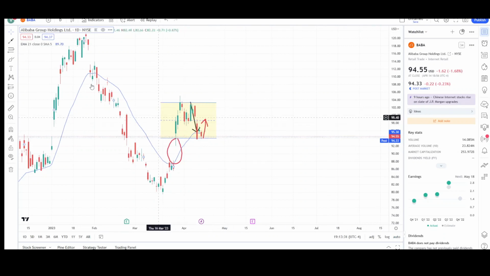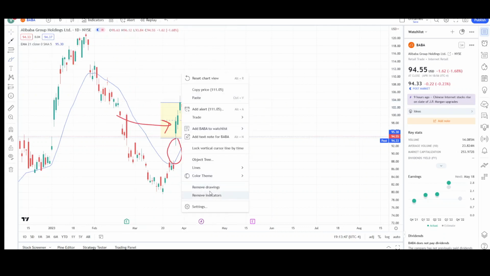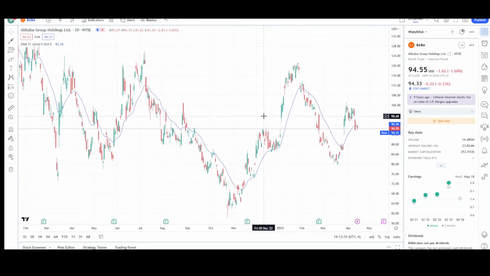If we see a big green bar like this one right over here, or even something like this solid bar right here, if that was right over here, then that's a very good sign. We're probably going to retest this high right here at the 103.35 and potentially even break this structure. So right now for Alibaba, there's some indecision in the market, especially because of where we are on the chart,